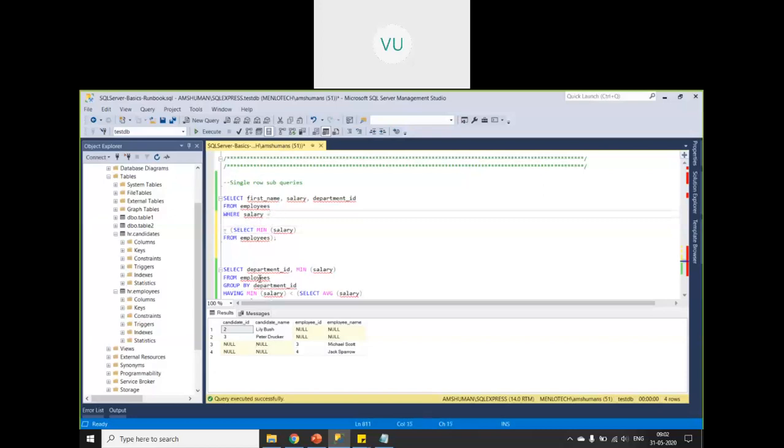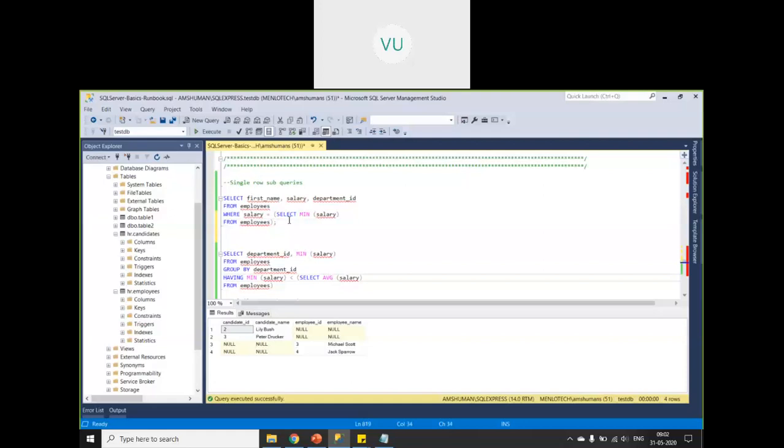That is the normal type of query that I write. But what I have done here is, I am saying where salary equal to, and I am starting another query. For this condition, I am trying to fetch a value from another query, saying select min salary from employees.